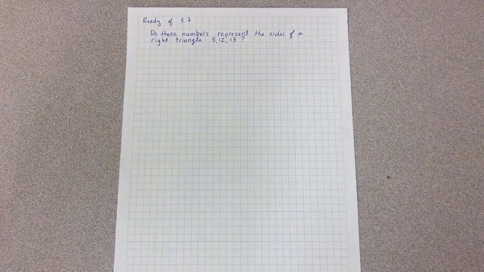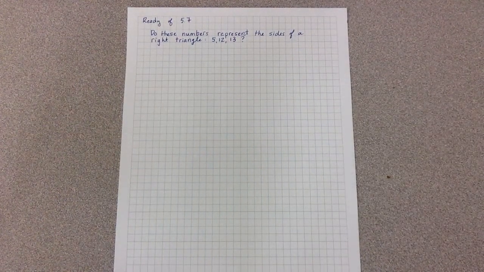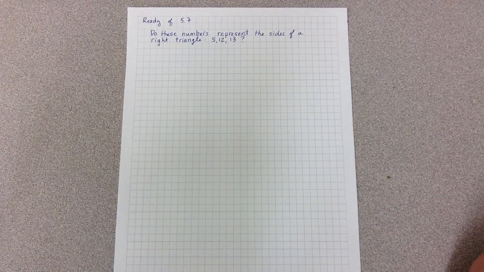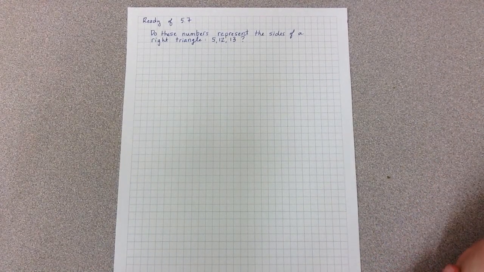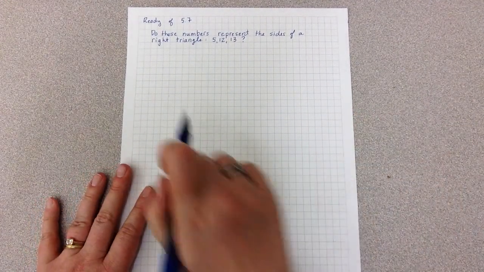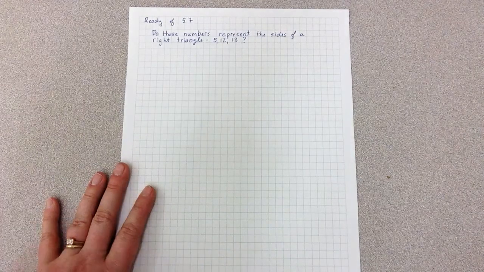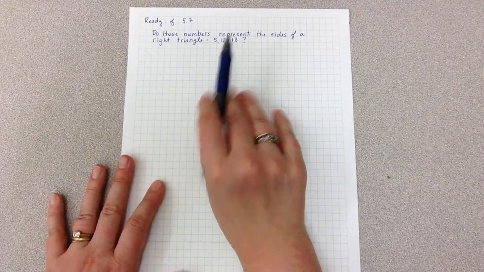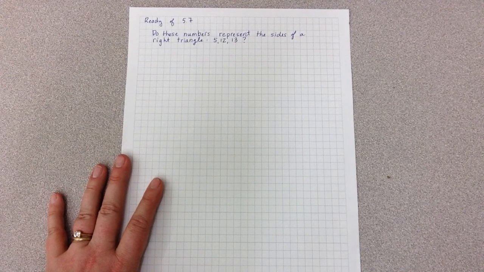These are the notes for the ready of section 5.7. In this section of the homework, you're going to be asked to determine if a set of numbers represents the sides of a right triangle. So the example we're going to look at: do these numbers represent the sides of a right triangle? 5, 12, and 13. So you'll have to remember that